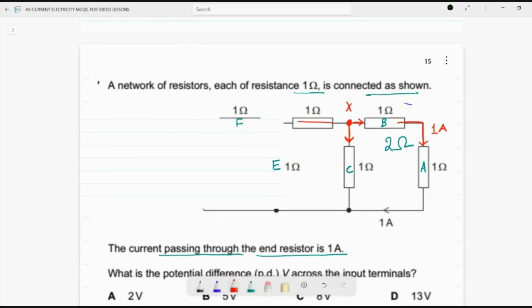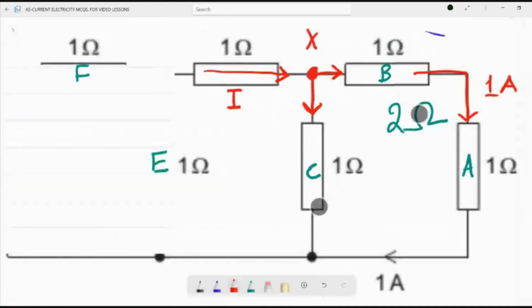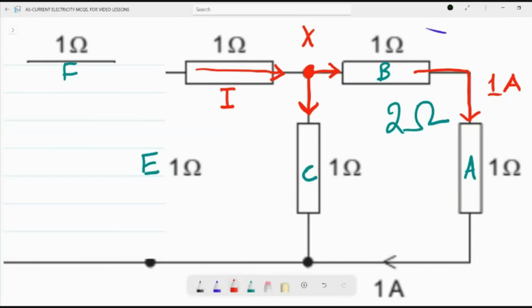Whatever the amount of current is, let's say it is I, and this current is divided into two parts here. One part is going through resistors A and B, whose combined resistance is 2 ohm, and some of that part is coming from resistor C,